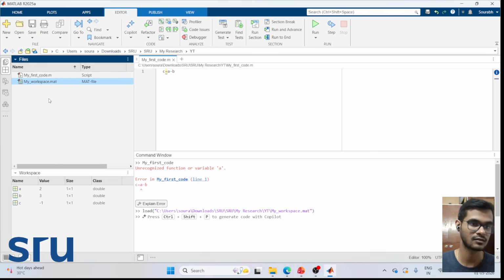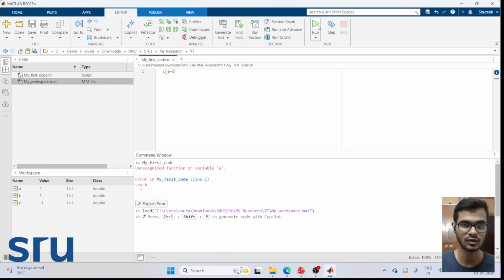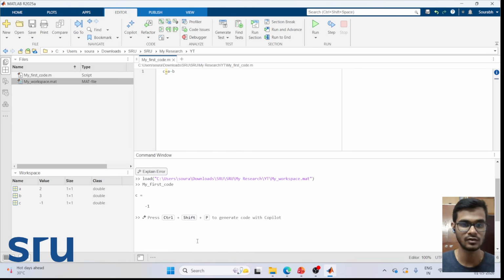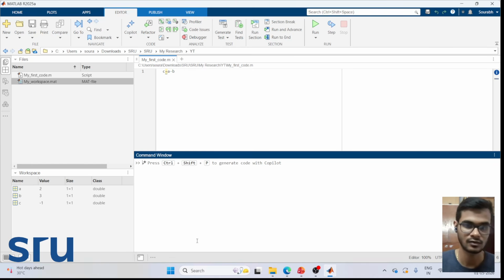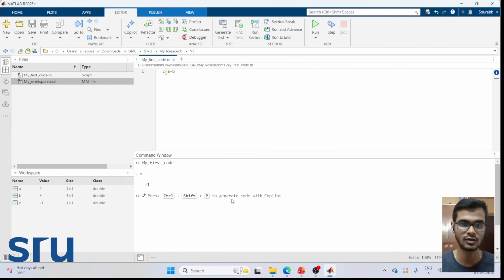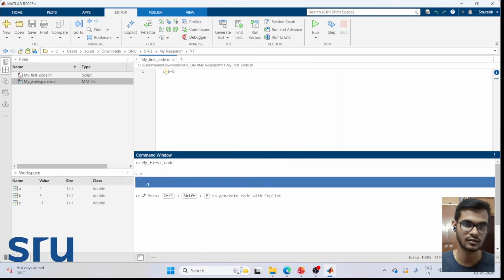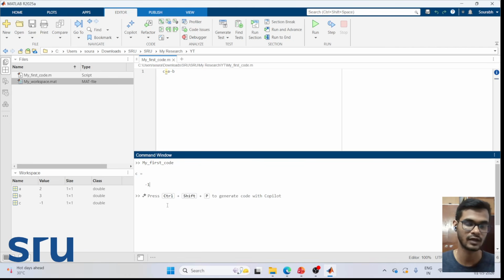When you open this workspace, then you can see A and B have appeared again. Now if you run this code, there will be no error, and C is coming as C equal to -1. So I hope this is now clear to the learners